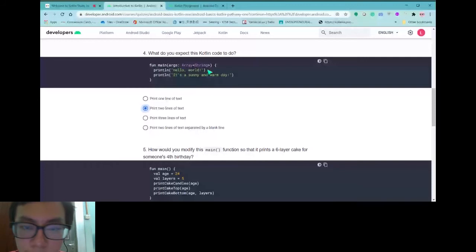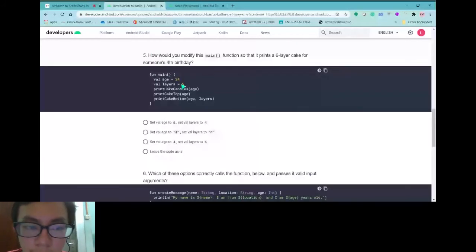For the next one, the fifth question. How do we modify 6 layers of cake, 4th birthday? So layers equals 6, and then h equals 4, but we need to look carefully. So this one is definitely wrong. Set val h equals to 6, but it's 4, so this one is wrong also. So that leaves these two.